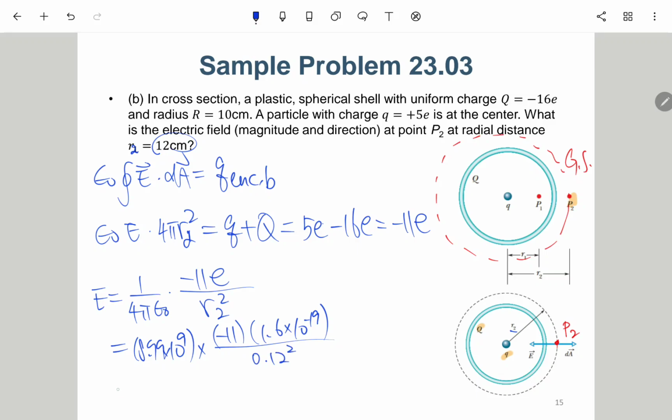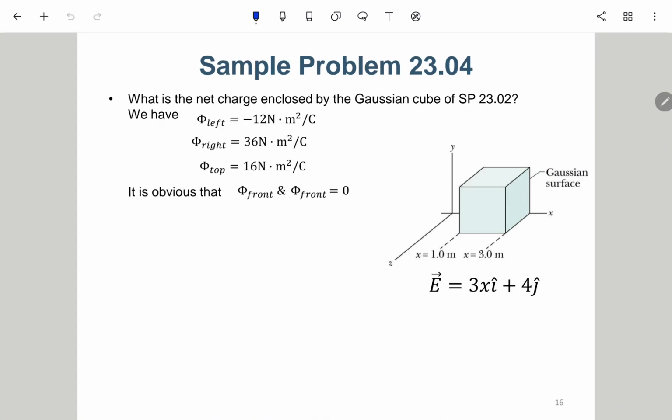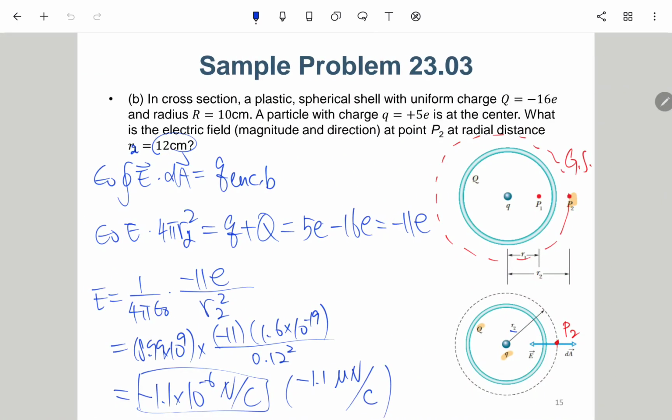So the value will be negative 1.1 times 10 to the negative 6 Newton per Coulomb, or you can write it as negative 1.1 micro Newton per Coulomb. Okay, so we can very quickly, so actually we can just